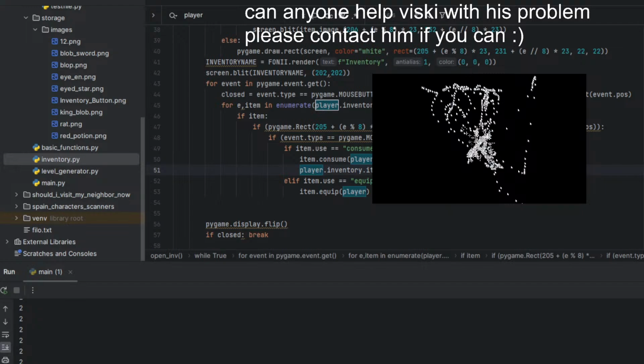You should call it sword. Here we go. Save. Now this looks better. Save, yeah, I want to.